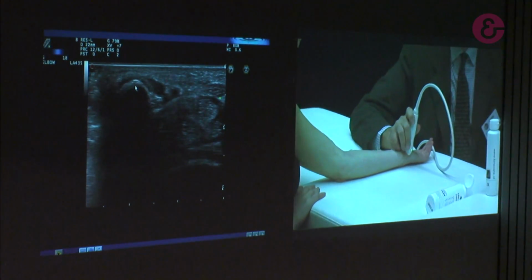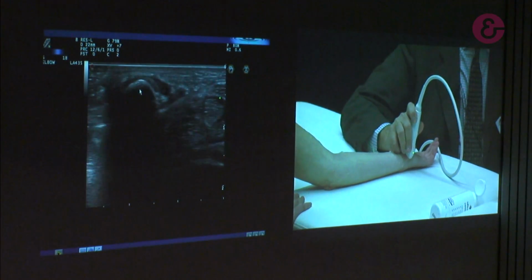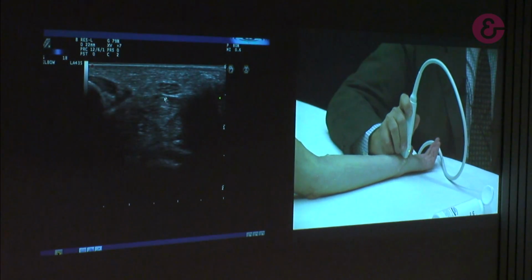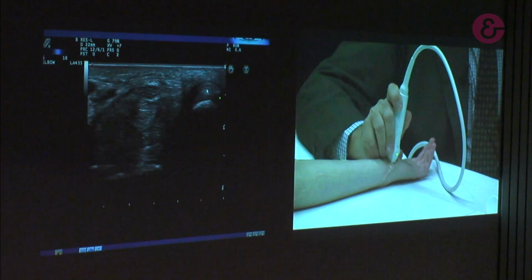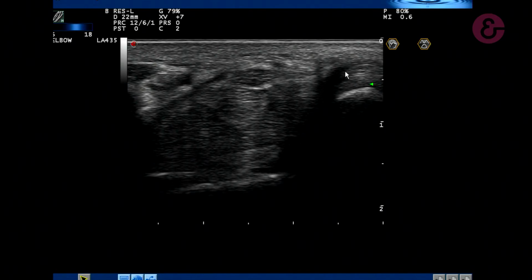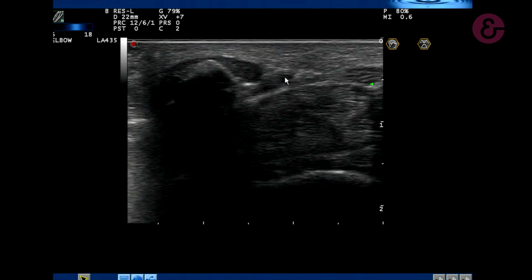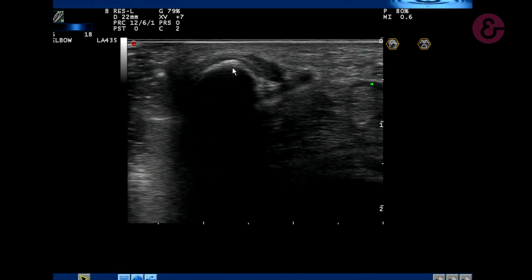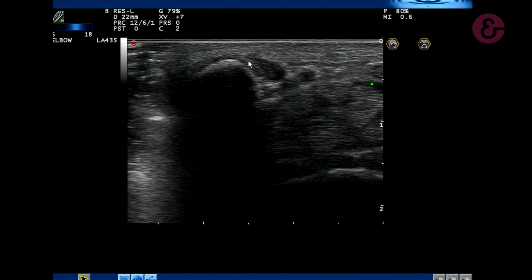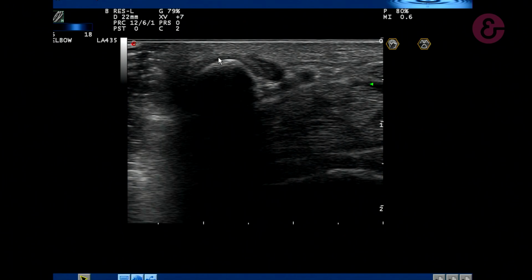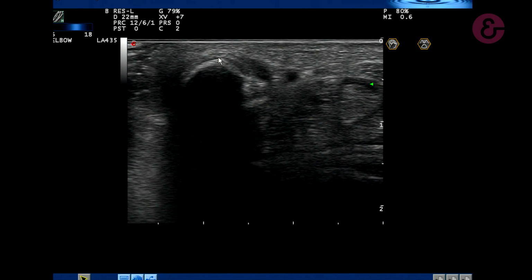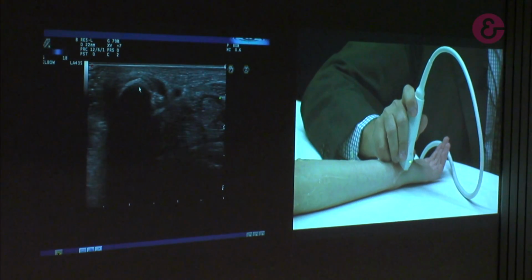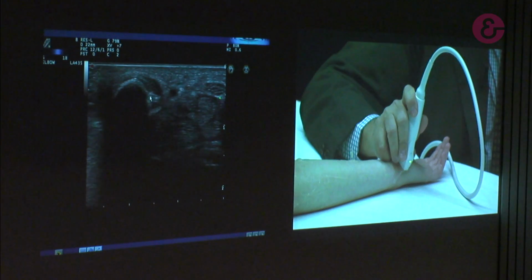the pisiform. If you locate the pisiform on the volar aspect, you have the carpal tunnel, you have the median nerve, you have the scaphoid, you have the flexor carpi radialis. Okay? So I am cutting at the level of the proximal carpal tunnel. You locate the pisiform, you can see here a small part of the flexor carpi ulnaris tendon going over the pisiform, like the quadriceps goes over the patella. It's exactly the same. You have the artery and you have the nerve located in between the artery and the